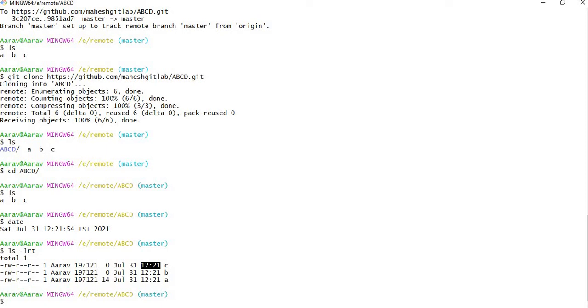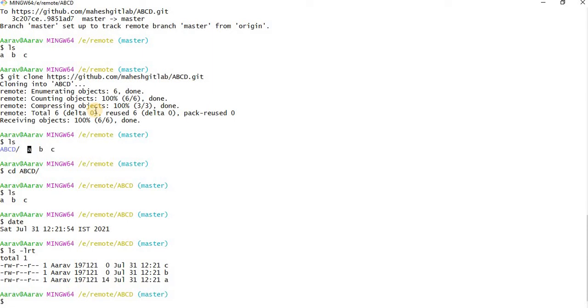Because see, if there is no data change, let's say you have some data in file A under your local, and you have the same data in file A in your remote repository, then why would you fetch that? Once you have the same data, there is no need to fetch. Even if you clone, you can get the same data if you want to compare. But if you feel that there is a difference between the data in your local and the data on remote, at that time you can perform git fetch.